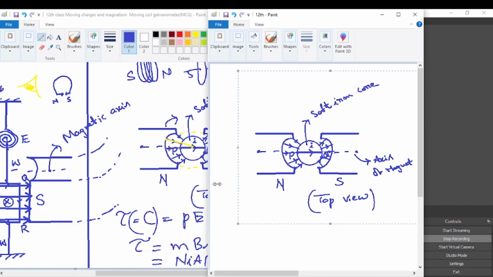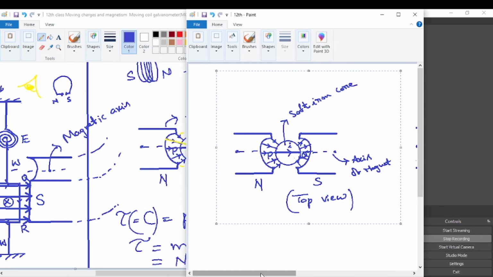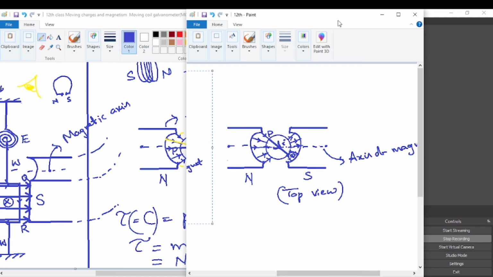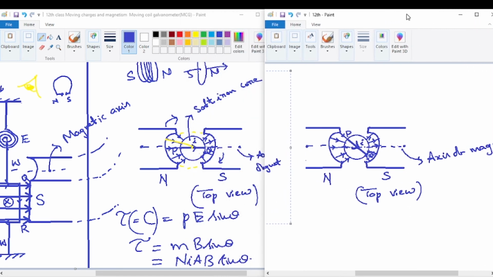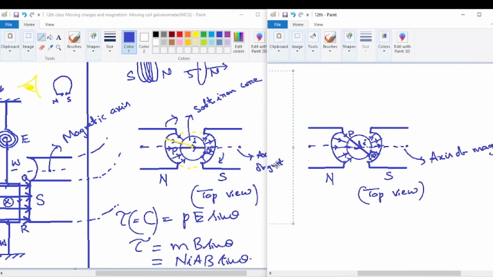So just see here. Yes, this is the diagram. After deflection, just see here, it's very simple. Whatever things we are seeing here are simple, nowhere is any complication there. So after deflection, what is happening? P goes this side, Q comes this side. This is the top view. So it looks like this. Now see the plane of the coil. PQ, the breadth, represents the plane of the coil. So now it can be seen clearly, very, very simple.